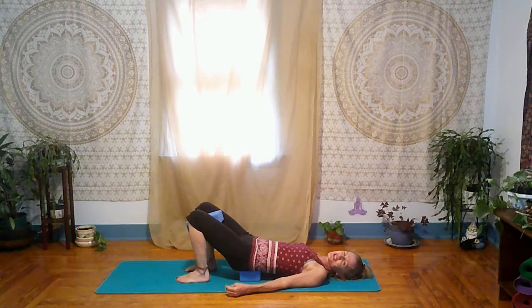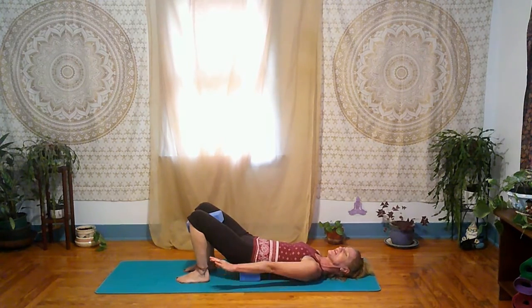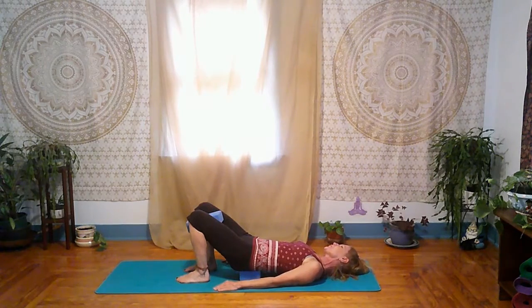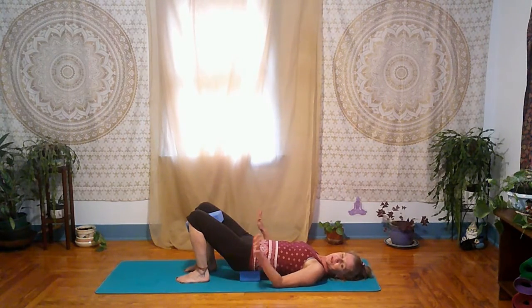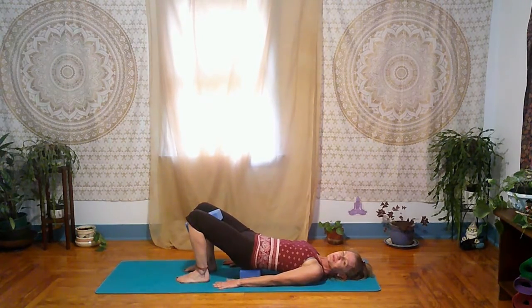Now you can stay just like that. This is a very wonderful restorative pose. Just stay like that. Maybe sending your neck side to your head, side to side. Bringing your fingertip away from you. Or you can put the palm of your hand into your mat. Press in your hand, press in your